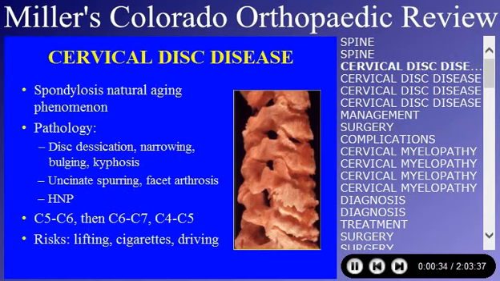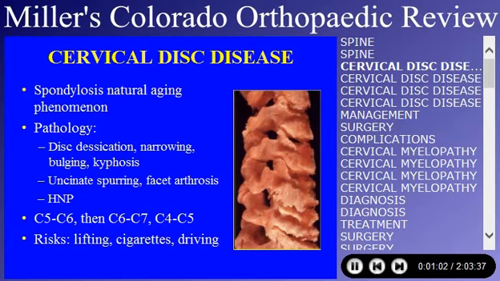Cervical spondylosis and lumbar spondylosis, for that matter, are really part of the natural aging phenomenon and should be considered a normal process. The pathology that you see includes disc desiccation, narrowing of the disc, bulging of the disc, and segmental kyphosis. Each cervical segment is slightly lordotic, 2 to 3 degrees of lordosis. And as you lose disc height, you lose that intersegmental lordosis, and it's important for the pathology and the treatment